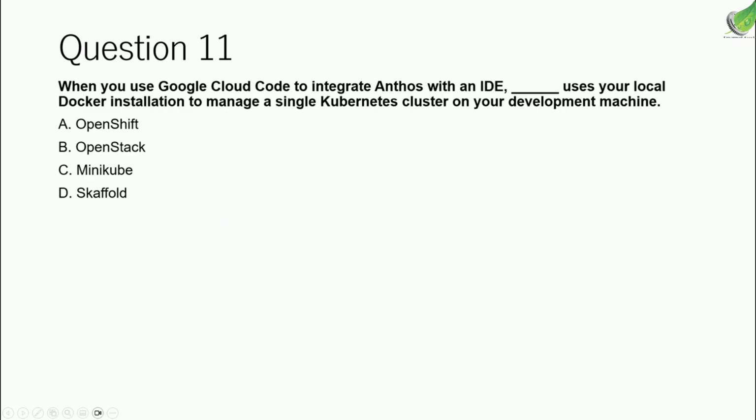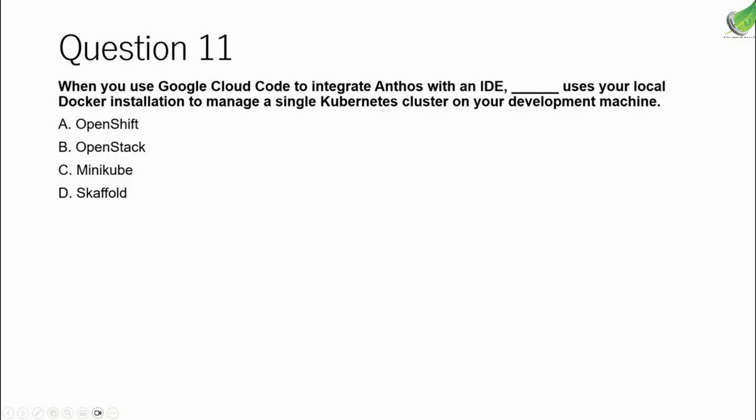Question 11. When you use Google Cloud Code to integrate Anthos with an IDE, blank uses your local Docker installation to manage a single Kubernetes cluster on your development machine. A. OpenShift. B. OpenStack. C. Minikube. D. Scaffold. Alright, to answer this question correctly, we need to understand what's happening behind the scenes when you use